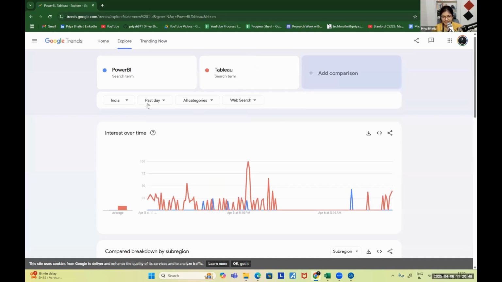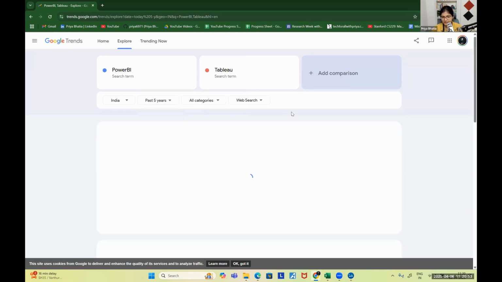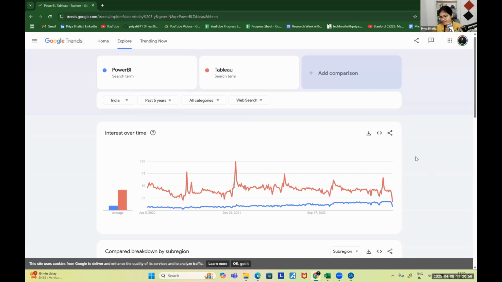If I just try to showcase the trend over the past 5 years, you will see this kind of graph, where the demand for Tableau was quite huge. In the initial days, everyone was working on Tableau. Everyone means every second company, if you ask, was working with this specific tool, and